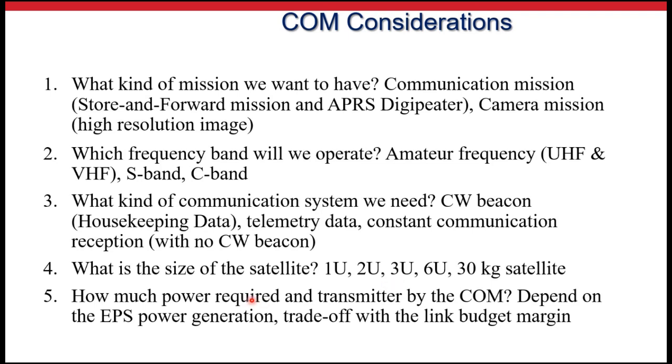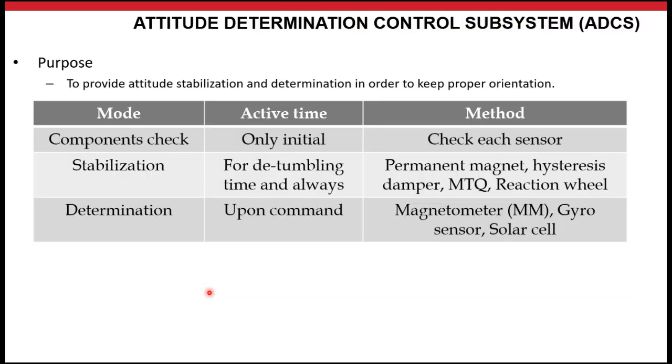And also the power, how much power will be used by that camera system. Let's say your camera system is very small. It is applicable to be put on board a 1U satellite, but the power consumption is greater. So 1U couldn't provide that much power, so you need to use 2U or above. So that is an example of consideration in order to design the imaging system mission.